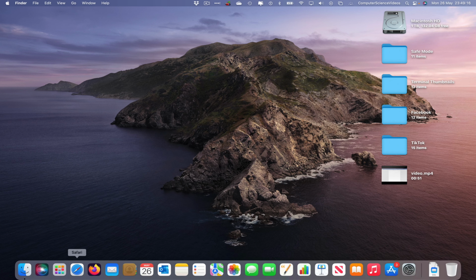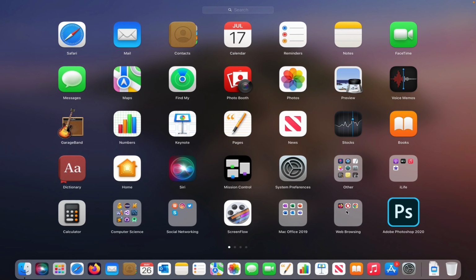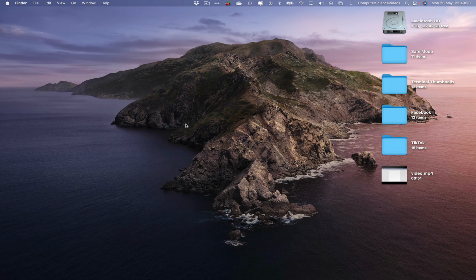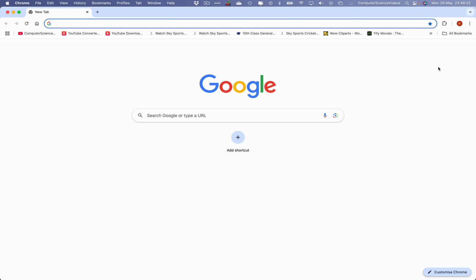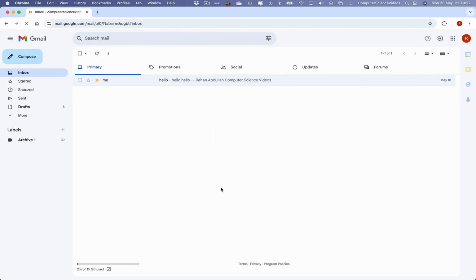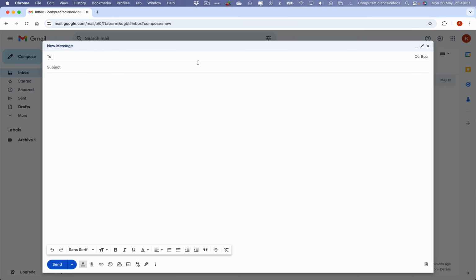So now let's go down to the dock, go to Launchpad, go to the alternative web browser, which is Google Chrome. Click on this, wait for that to load. Once it is loaded, go to the top right corner, locate Gmail, click on this, and then make sure that you are signed into the account. Now what we will do is go to Compose,